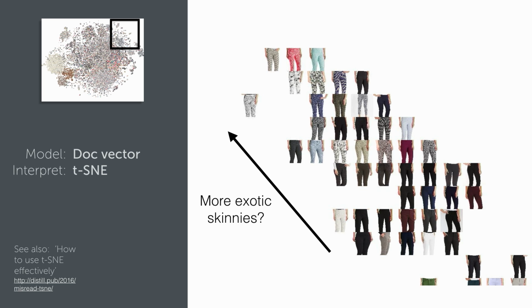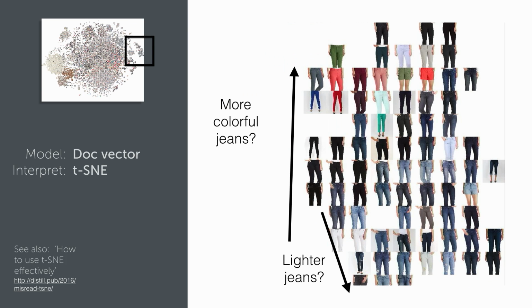So it does seem to have some local structure in it. If I can move and look at these genes, as I go up towards the top, I get more colorful things. As I move to the bottom, I get lighter genes. And so for me, this is the holy grail, right? Learning these directions, they tell me how to characterize my business. This is how our clients see my business. And this is what it means.